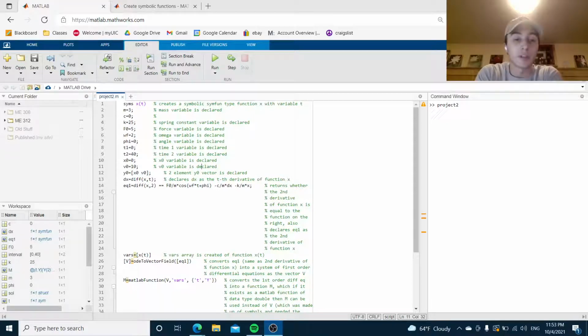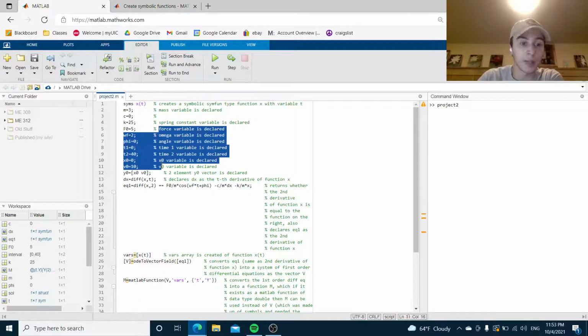Code. First thing we're doing is creating a symbolic function of type symfun, calling it x, and we're adding our variable, which is going to be t. So that's a variable that we're going to use to refer to it. Our mass variable here is declared. This right here is our damping variable, spring constant, all the way up to line 11, stuff that we're